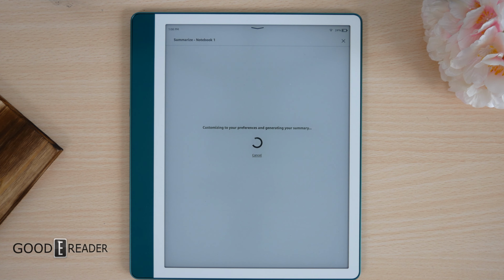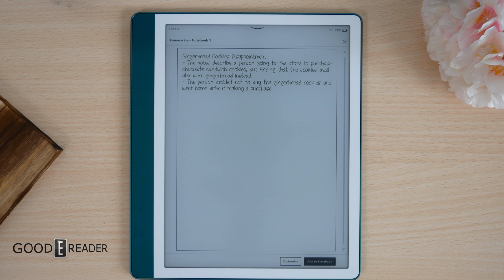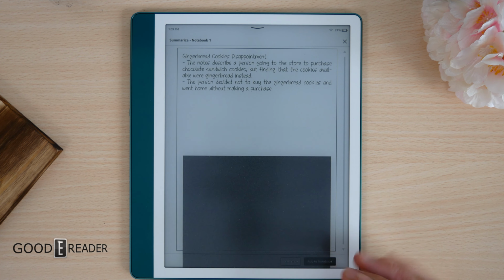I'll be surprised if they can pull anything out of this. Gingerbread cookie disappointment. The note described a person going to the store to purchase chocolate sandwich cookies. Yeah, see, that's way more. Look at that. The person decided not to buy the gingerbread cookies and went home without making a purchase. So it most definitely embellished and went way beyond, in fact, utilizing more words than that was in the original writing piece. So this is really nice because now you have the customize options here, and you can also move